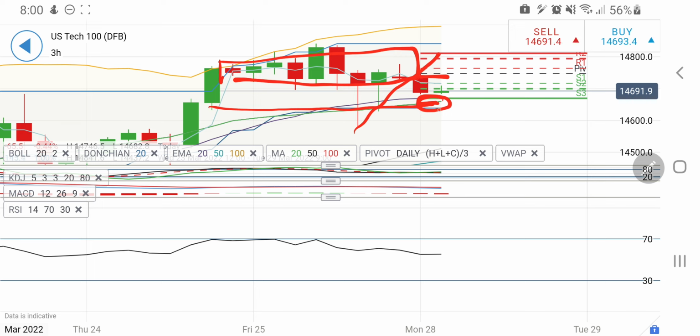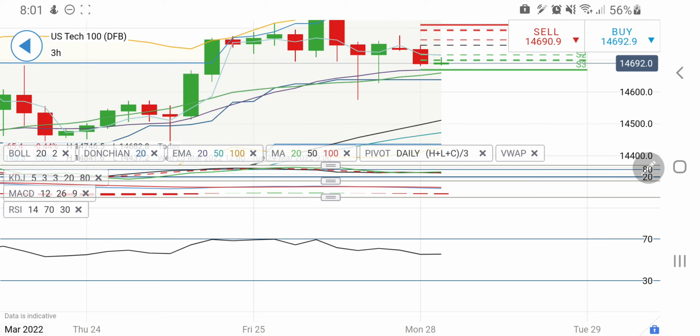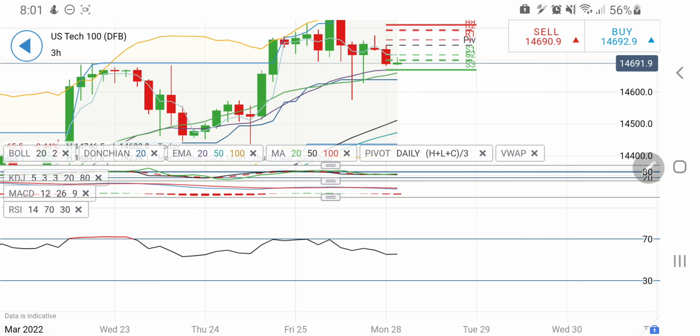One can expect that it is going to come back towards 14,650, and if it breaks 14,660, one can expect that it is going to go below 14,600. Also, any rise till 14,740 is a good level to go short. It can try to hit the 14,740-14,750 zone. Any rise above 14,750, I will expect it to again come back into this box and trade between 14,750 to 14,800 zone. However, I expect that any rise till there can be considered for a good short entry.